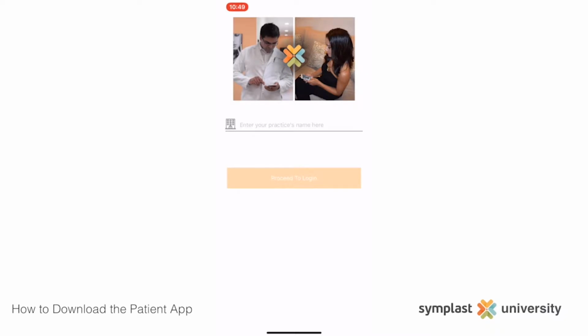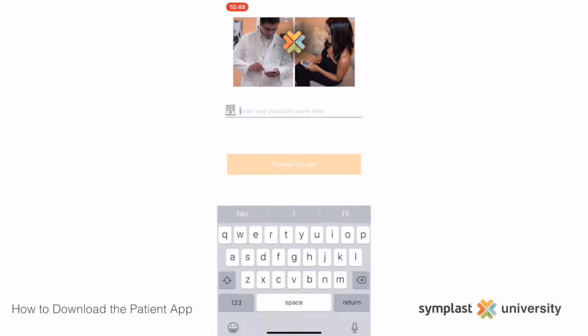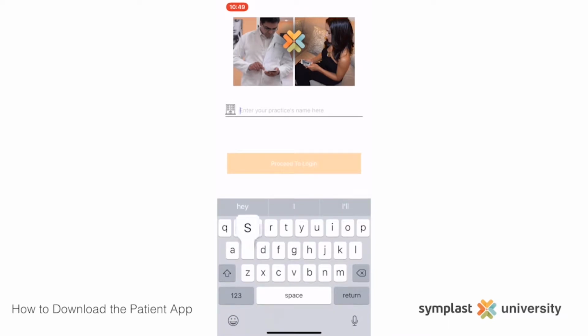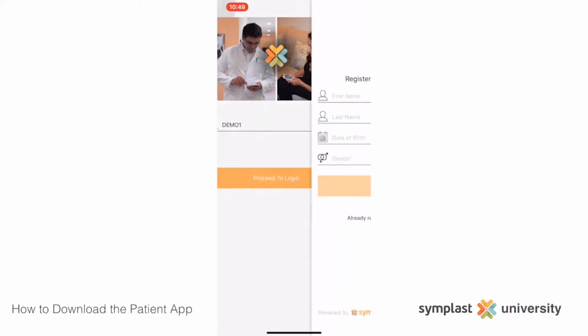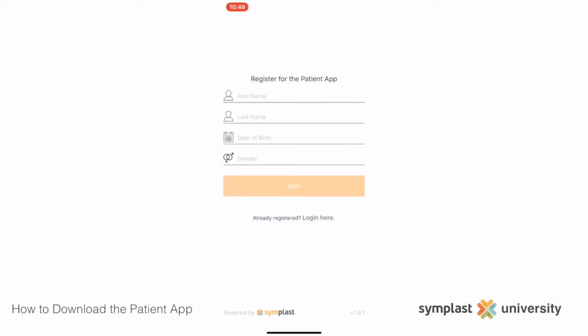So here you just need to start typing the name of the practice, right? So if my practice is Sunrise, I would start typing the name Sunrise. If my practice was Surya, I would start typing the name Surya. For this example, I'm just going to use a testing environment, demo 1, just to showcase how to go through everything. So once you've typed in the practice name, you see that green check mark and you're clicking that button,